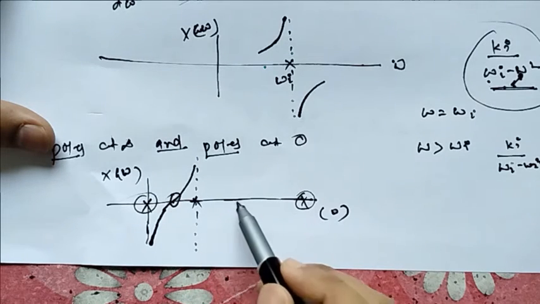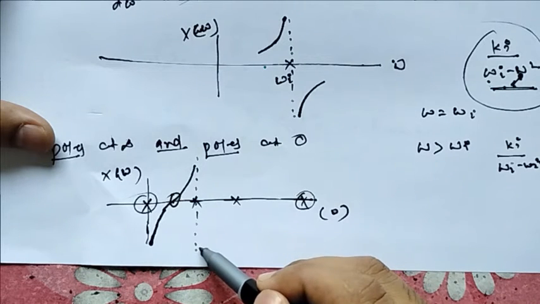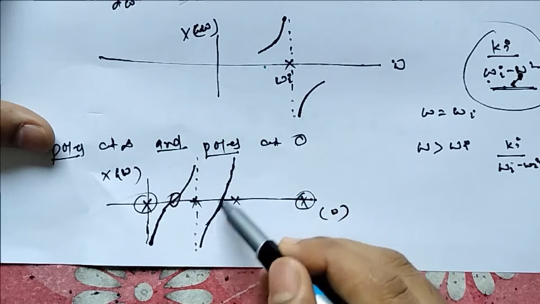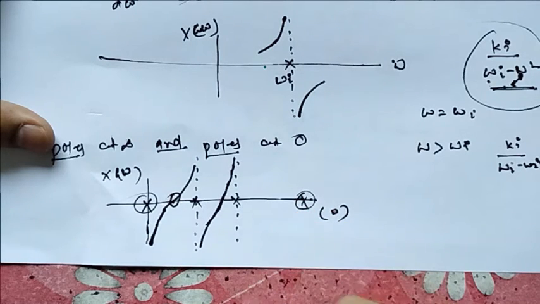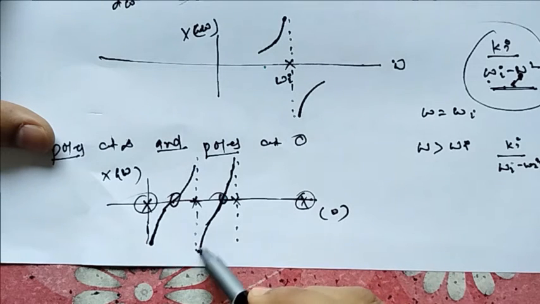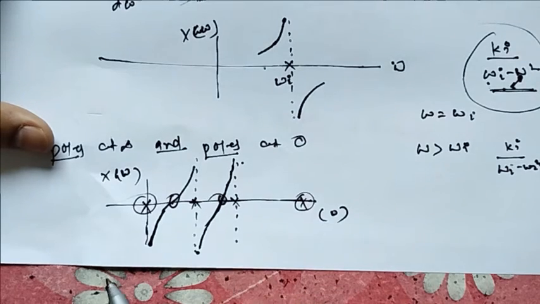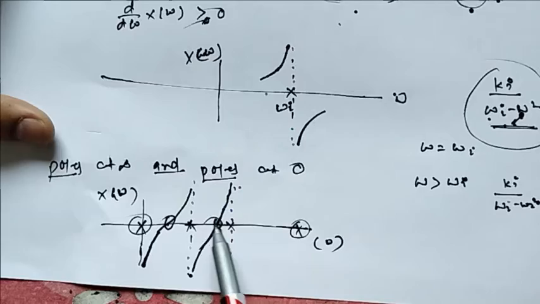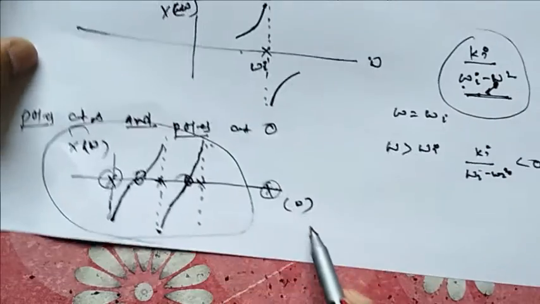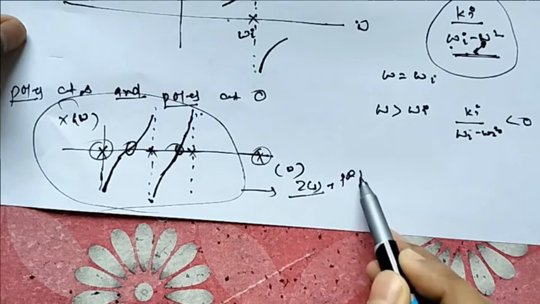Now if I take another pole over here, then from where will the function start? From here, minus infinity, it is going to go to plus infinity, and here also it will be cutting to 0, because from one pole to another pole it is cutting the real axis and it must be 0. And from this we came to know that the Z(s) function, which was a PRF function,